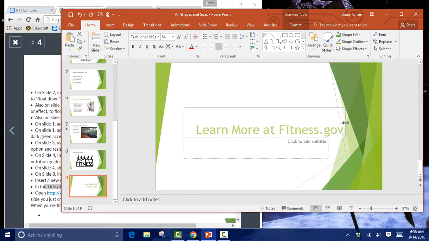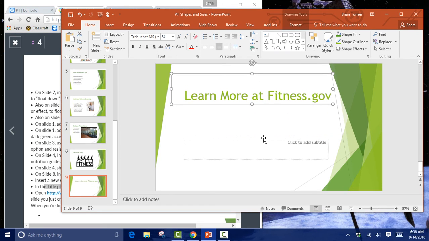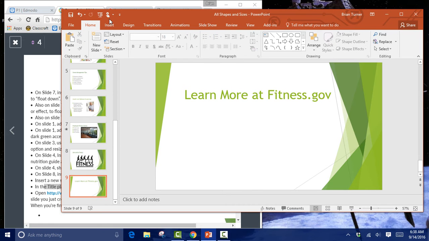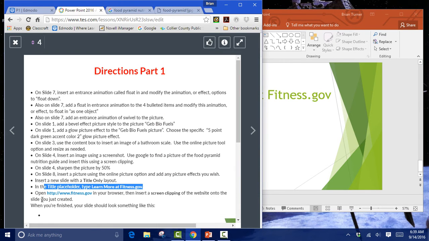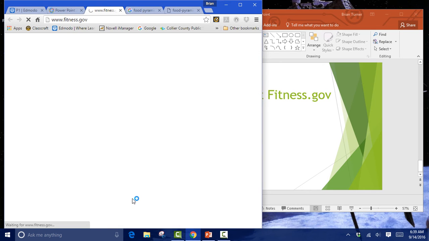I kind of would like that all to be in one line, so I'm going to just stretch out my title box. I don't know if I'm actually going to need this subtitle box, so let's just delete it, because I have a feeling we're going to put a picture in here. Alright, open the link in your browser and then insert a screen clipping of the website into the slide you just created. Alright, so let's go to fitness.gov,